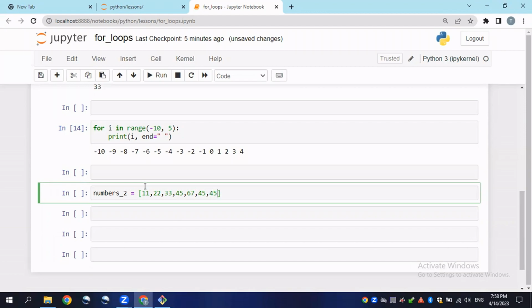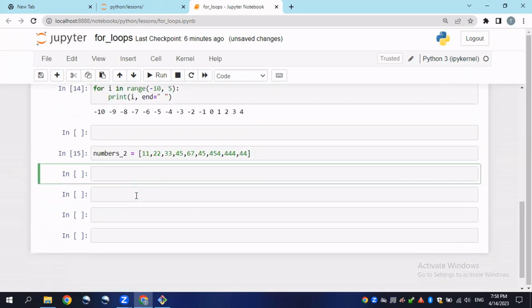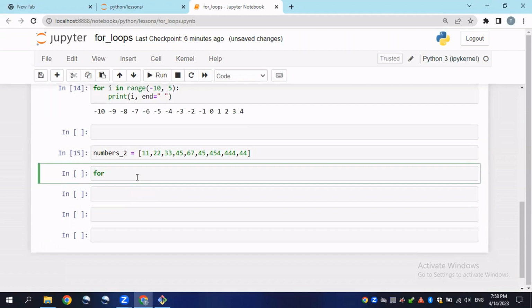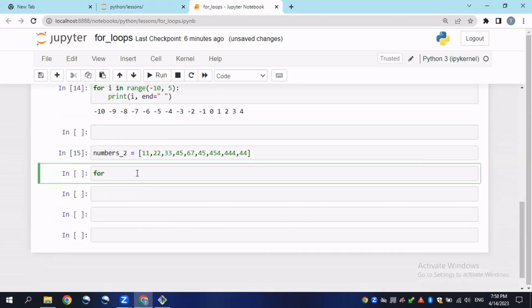Only numbers I'm passing right now. I don't work with strings, but you can work with strings. It does not matter. Let's create the for loop here, but not with a variable. We will work again with range here. For i in range,